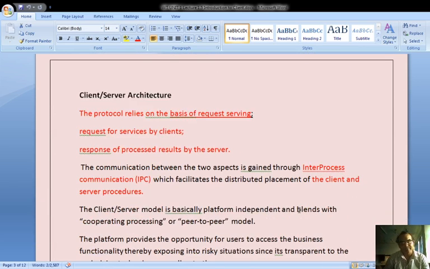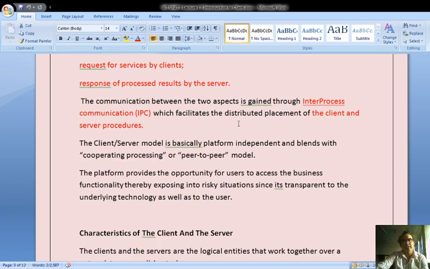Now let's move ahead to client-server architecture. What really is the client server architecture protocol and how is it processed? The client server architecture protocol relies on request serving: a request for service by clients and a response with the processed result by the server.